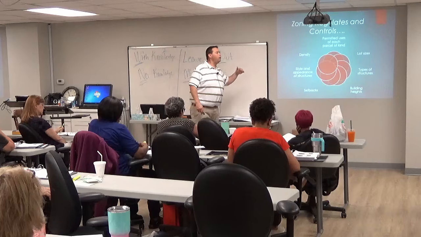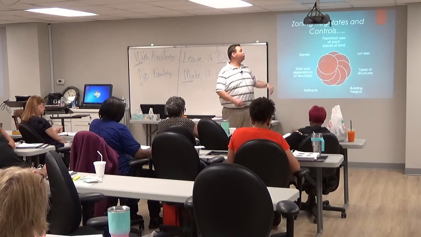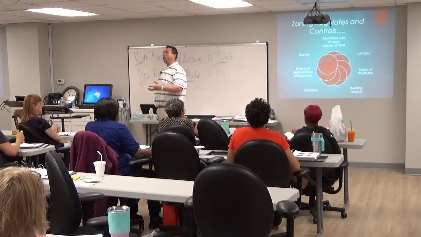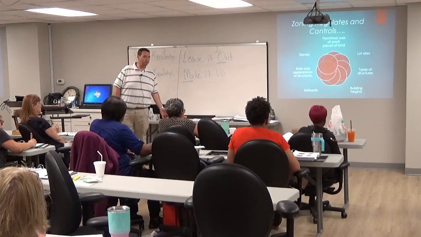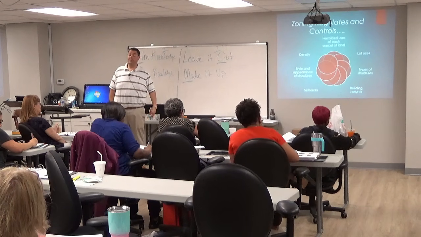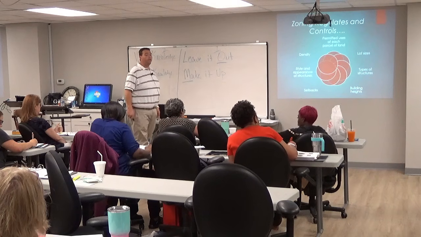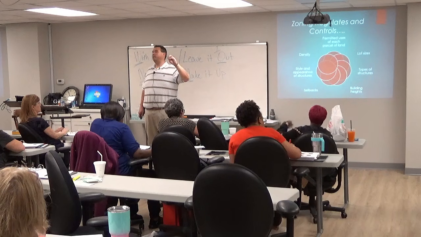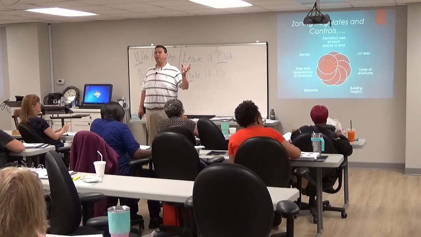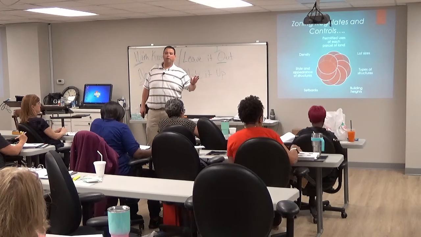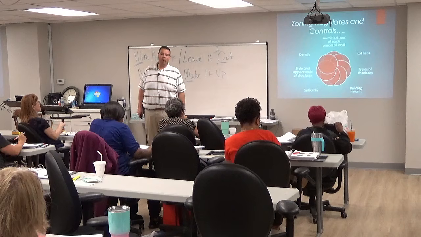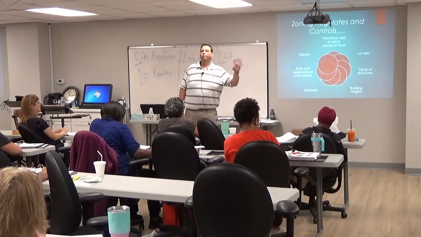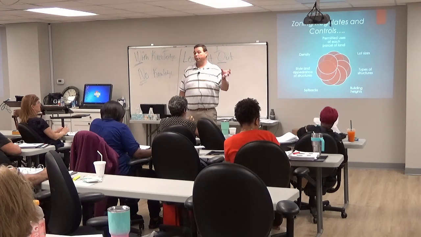So types of things that zoning might control. Permitted uses. This is the biggest one. What can that piece of land be used for? Can it be used for residential purposes? Can it be used for commercial purposes? And not all commercial is created the same. Maybe it's okay for a retail facility, but it's not okay for a gas station. Maybe it's okay for a restaurant, but it's not okay for a restaurant that serves alcohol. Maybe it's okay for a daycare facility, but it's not okay for a pediatrician's office. Those are the kind of controls we're talking about on these properties.